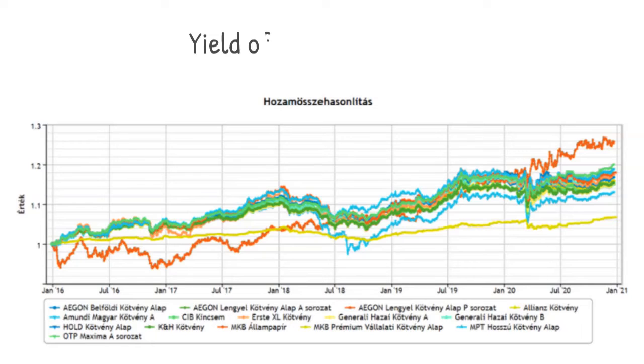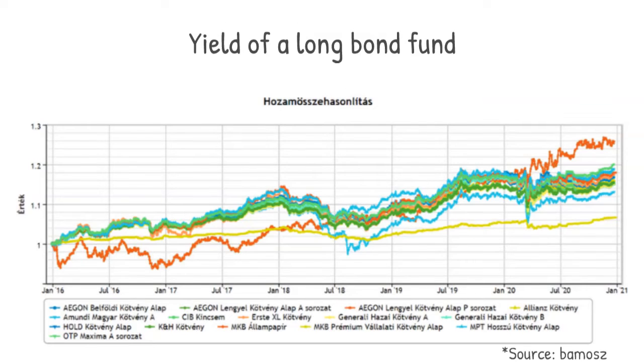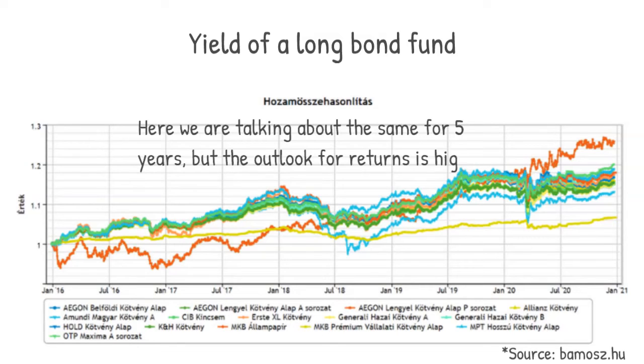Long bond funds have a greater divergence, they have higher variance in their returns compared to short bond funds, but their performance is also in line with this. An average annual return of 3 to 5% compared to the previous ones may make this type of fund more attractive for those who can wait for the recommended 3 to 5 years, but do not want to think about a longer time horizon.